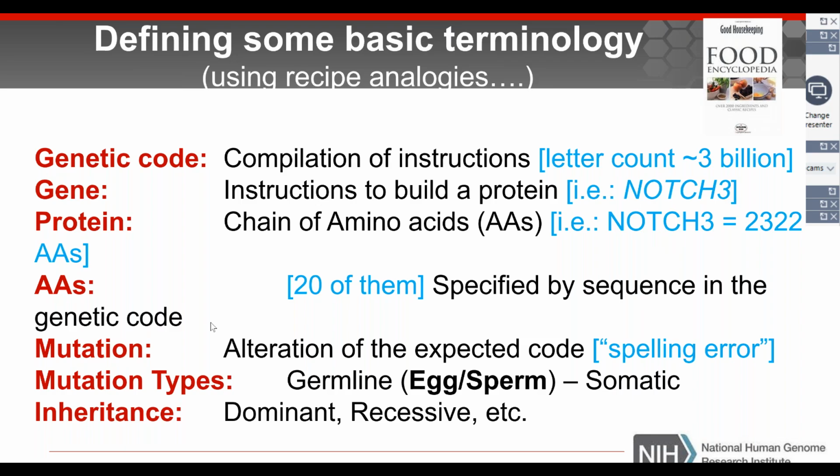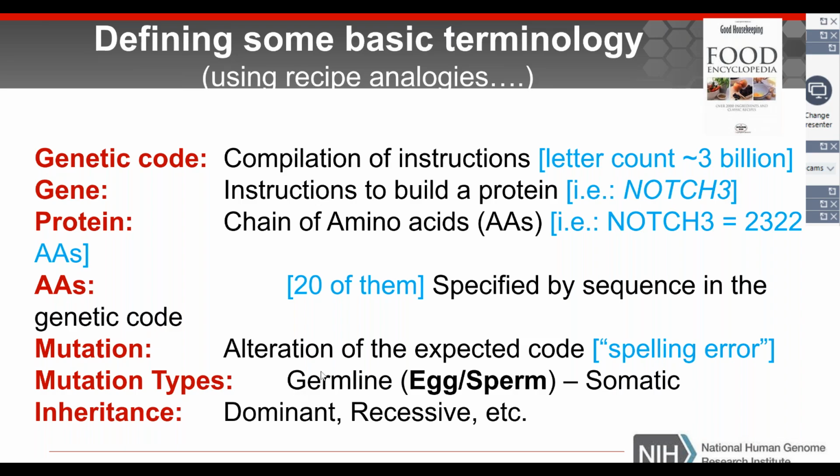So a mutation would be really like a spelling error in our food encyclopedia. It's a spelling error that just happened to change the order of the letters and leads to a change in one of the amino acids. And there are particular amino acids that are more important than others, and we can talk about that in a second. Now, there are different mutation types, and this is important because